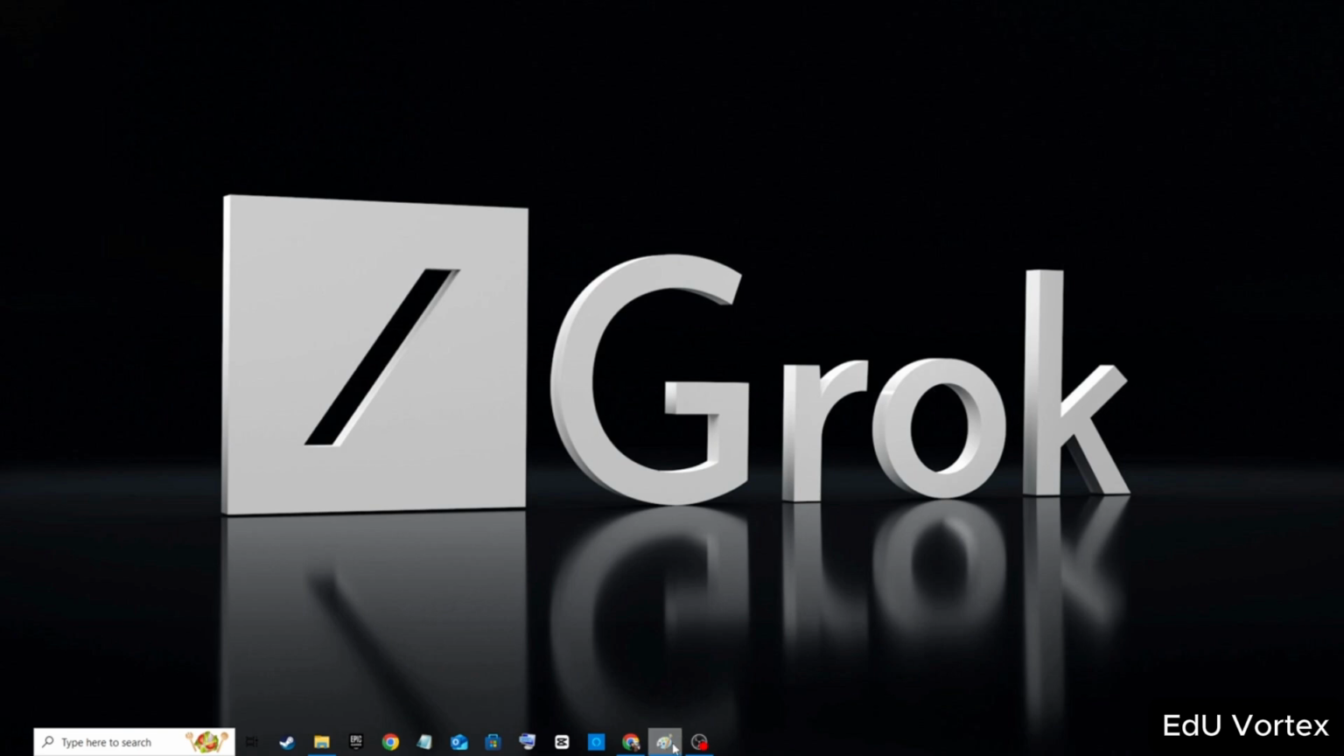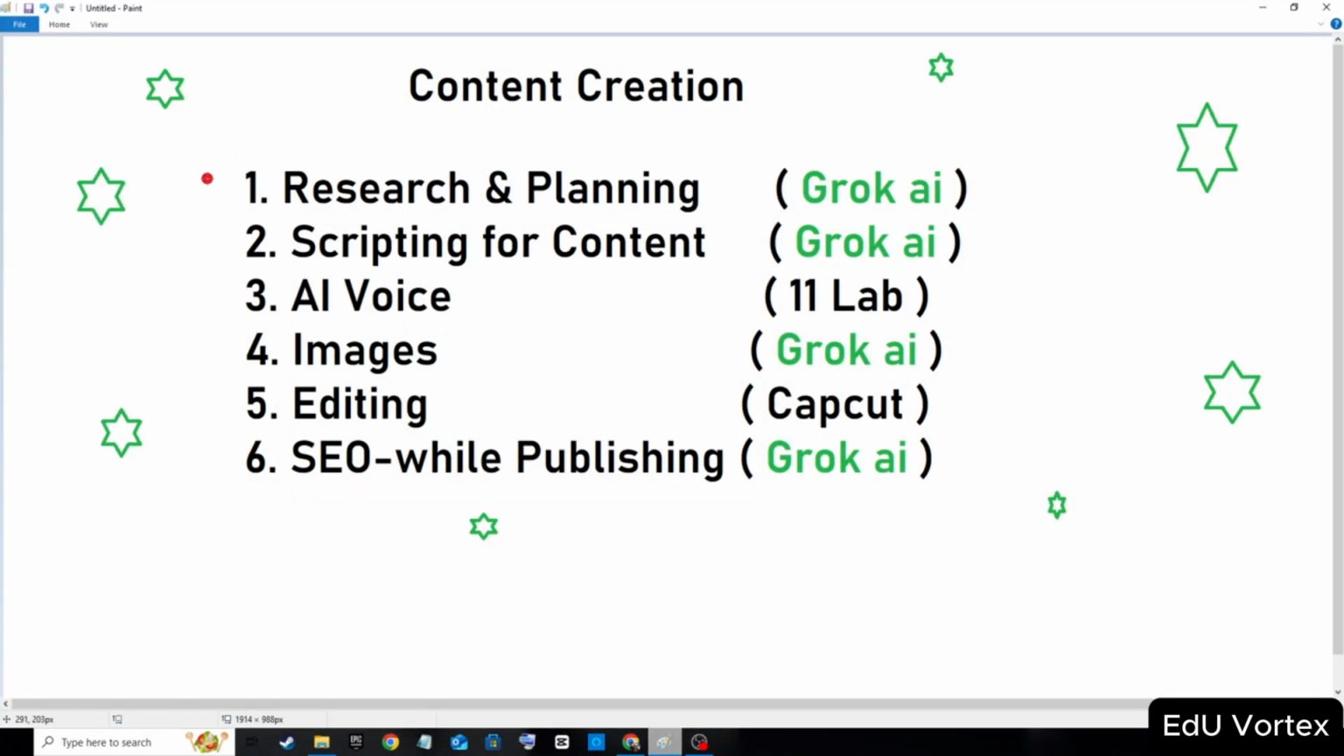Content creation contains many things like research and planning of content, scripting for content, then voice for content, footage for content, editing of content, and finally we will do SEO while publishing. Okay, search engine optimization. So we will understand each thing in a detailed manner from the next video. So this is a proper sequence of our video